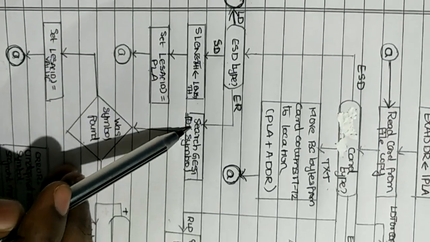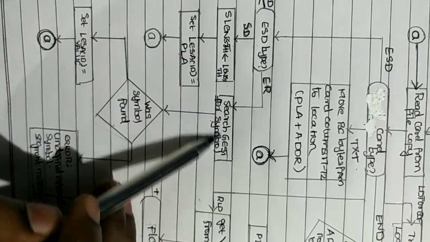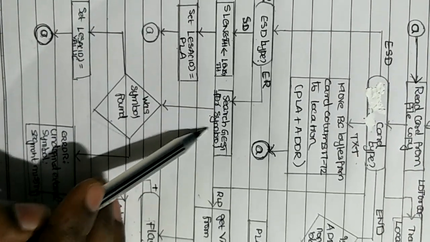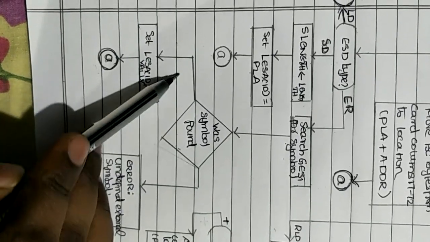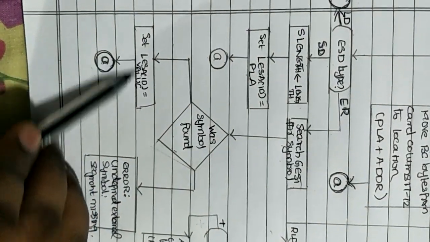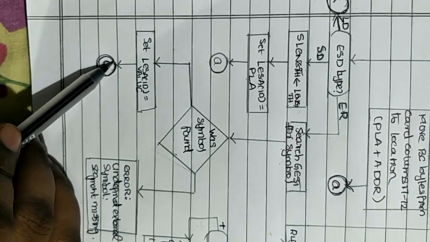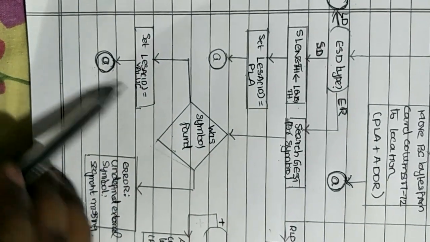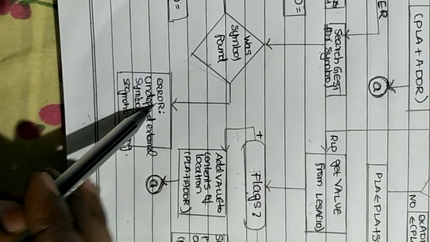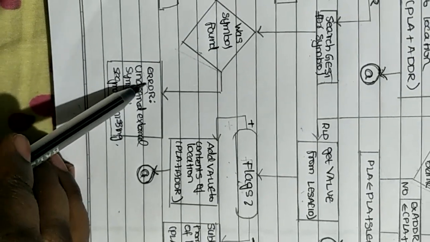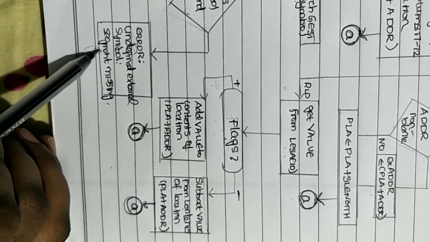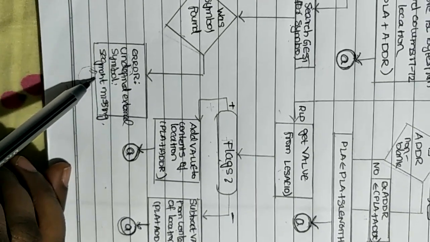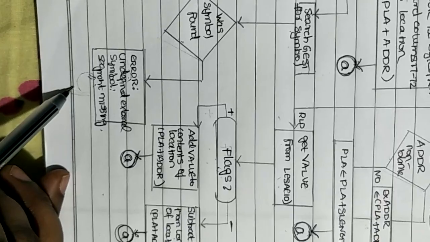Now let's come back to this side. What happens here is he has a confusion whether the symbol is found or not. If the symbol is found, it generates a rectangle, and in his life there comes a circle and it ends. But here he is a little bigger and he has an error. Because of this error he doesn't have the symbol A here. In this entire diagram only this block doesn't have the symbol called A.